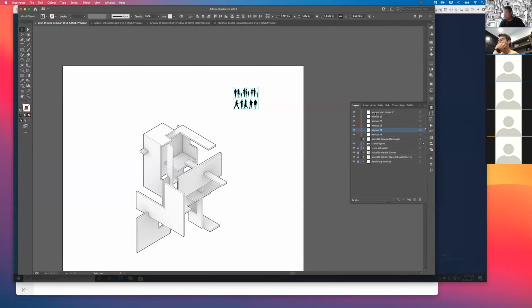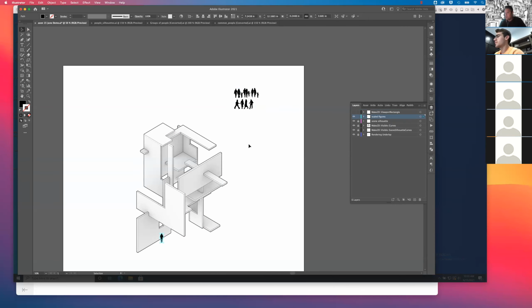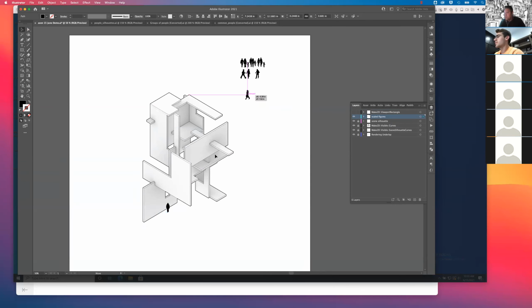Now I don't have anything in these layers, right? So I can just sort of delete those away. Okay, so now they're all in the scaled figures. Now I can position these around however I want. Okay, so I might put some folks down here on the ground plane. This looks like